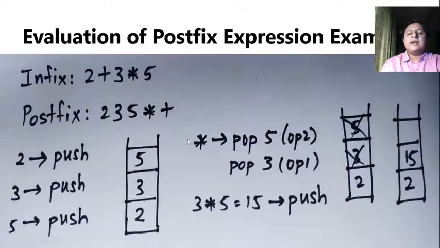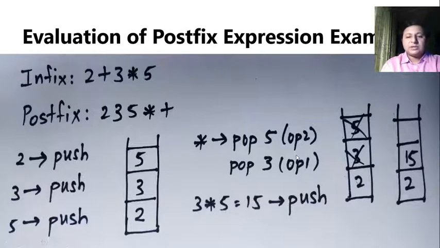The next one that we get is an operator, which is star, multiplication. So we pop 5, but you remember the stack works in last in first out. So whatever first we pop will be the second operand. So it will be stored in OP2. Then again we pop. So it is being stored as OP1, and this particular concept really matters. Currently we are working with addition and multiplication, but if it is division or subtraction, this OP2, OP1 obviously would matter a lot. So keep that in mind.